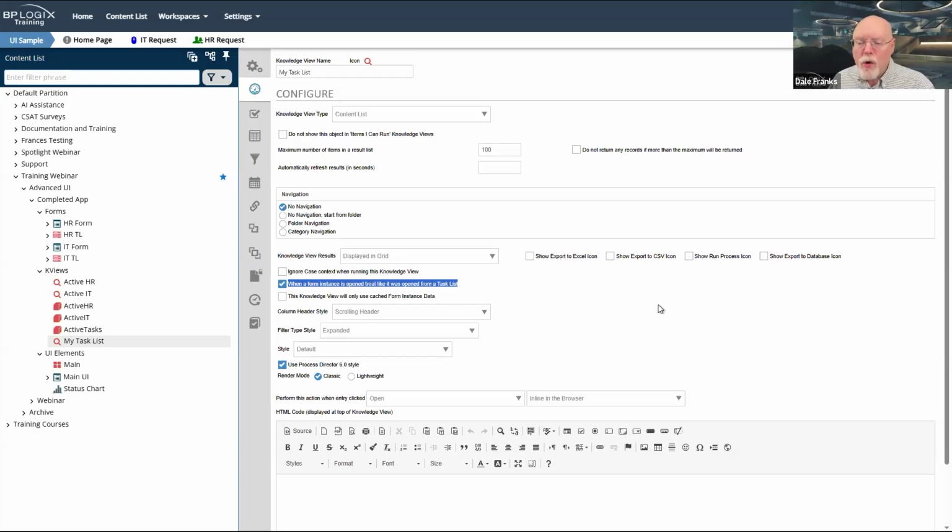So if you do have a task assigned, then when you open the form that is associated with that task, it will display your task completion buttons to approve or deny or whatever the task completion result is. So this is a very important checkbox to check.